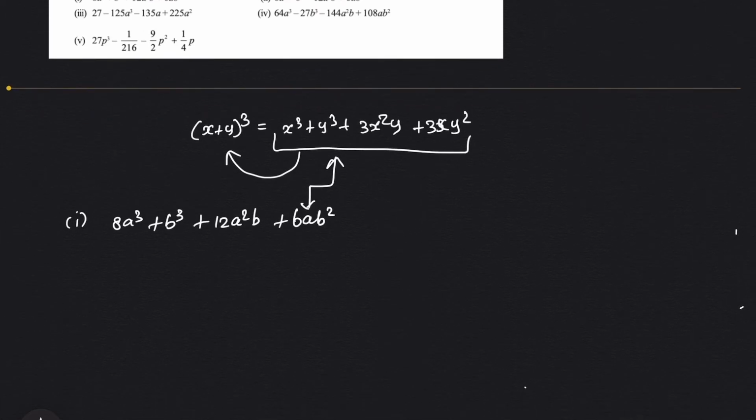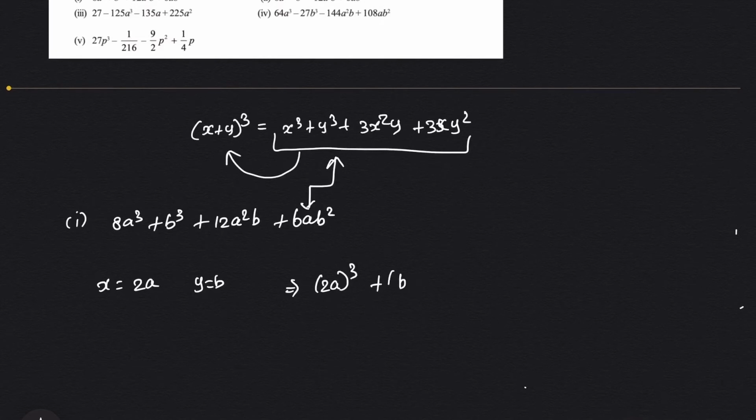x cube value is like 8a cube, so the value of x equals 2a. Then y cube position is like b cube only, so y is equal to b. So there is no sign change, so it's enough to solve this one. So just replacing x cube, we can write 2a whole cube plus y cube like the format